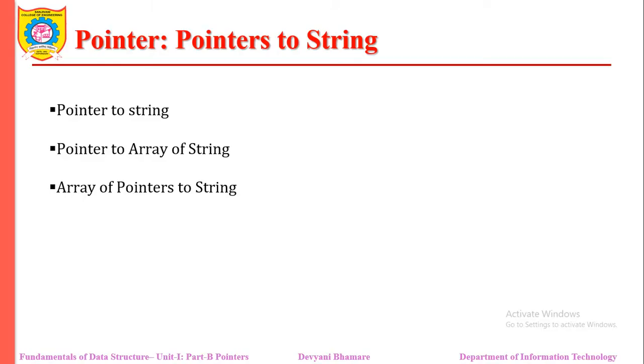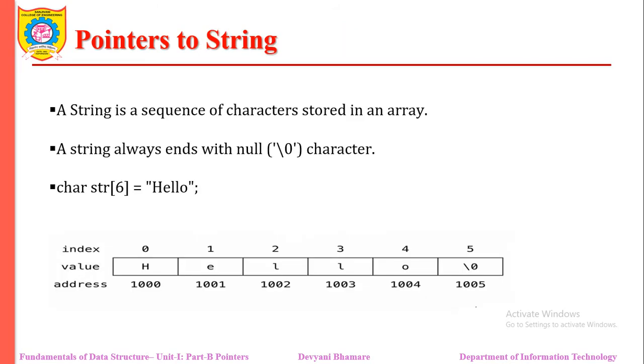Today let me start with the pointers to the string. In today's session we are going to cover pointers to the string, how to initialize pointers to an array of string. We know that an array is a collection of elements, a collection of similar types of elements. So when we are saying a string like hello, the name of a student, the name of a city, these are nothing but a collection of characters. That's why we are saying that a string is nothing but a collection of characters.